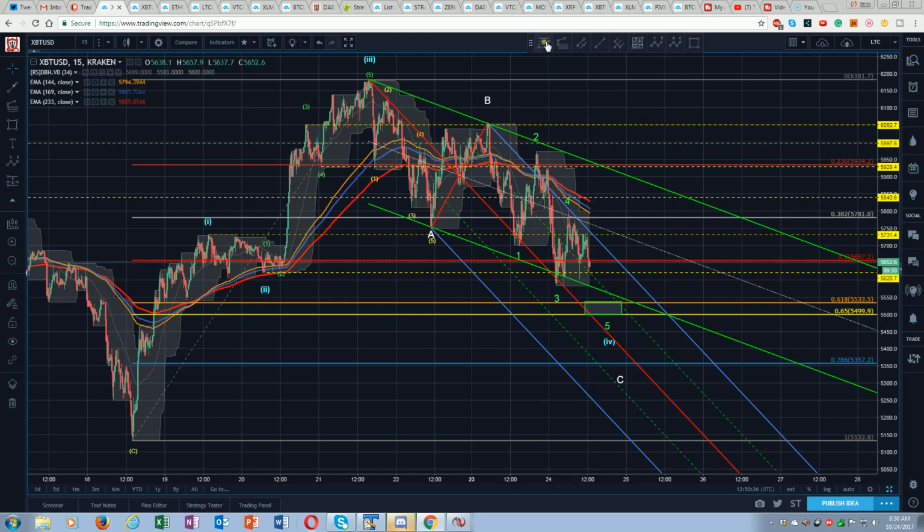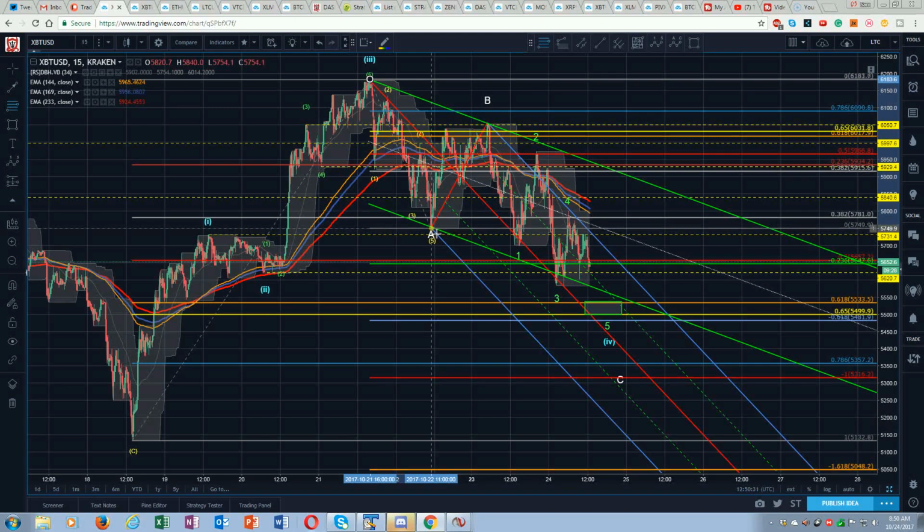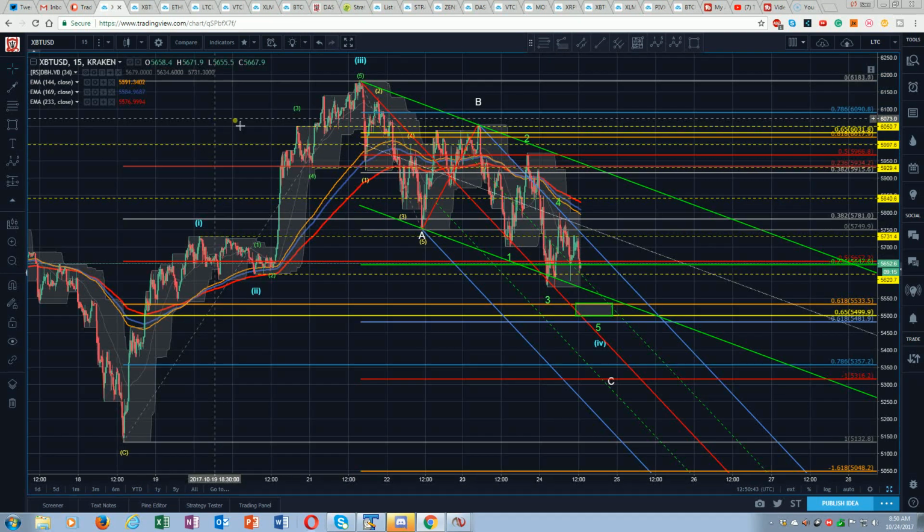The first one we've got to look at is what happened here from our A up to our B. We went a little through the 618, the 786 holds it, and then we go down to the median line, back to the outside edge, then down to the median line again. Do you see how that's providing the geometry, if you will, of the market?